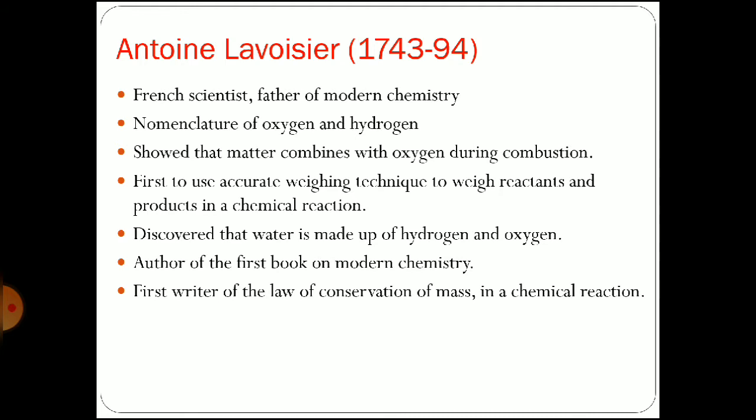And besides all this, there are a few more contributions. He studied elements such as oxygen, hydrogen, nitrogen, phosphorus, mercury, zinc and sulfur. And he also assigned systematic names to compounds, for example sulfuric acid, sulfate and sulfite. So these were some of the most important contributions of the famous scientist Antoine Lavoisier.